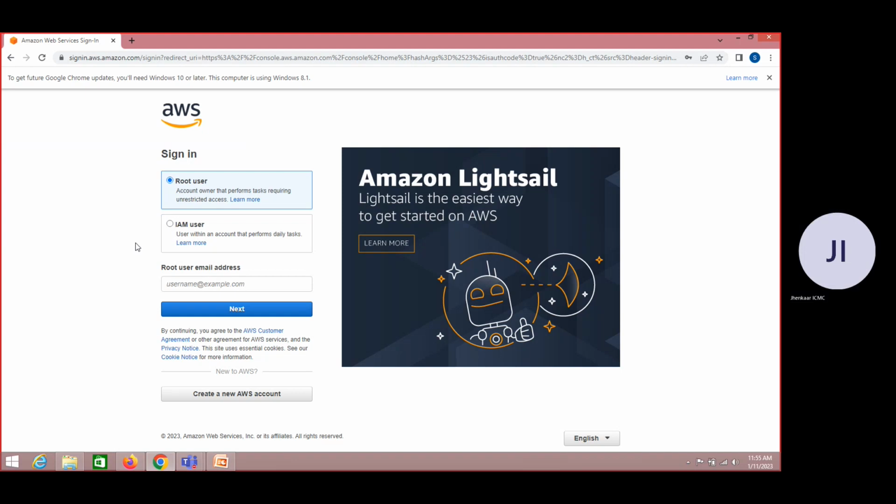Let's say we have a team of 10 members, right? In real time, for all the 10 members in a team, we can't provide this root user access because all the 10 members will have access to all the services. This is not recommended. So in this case, what we will do is create an individual user account based on needs,